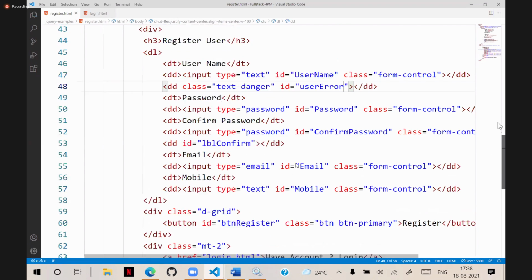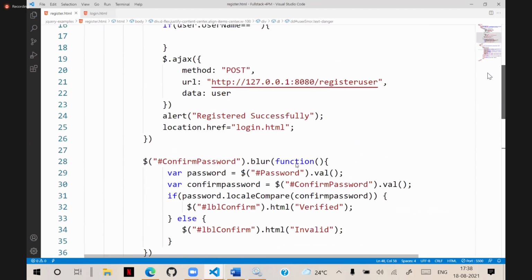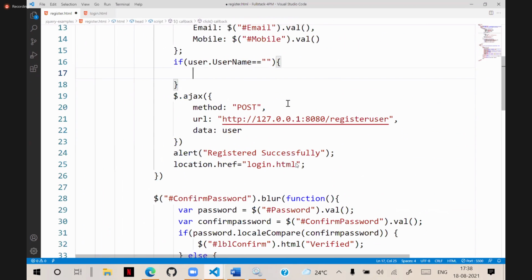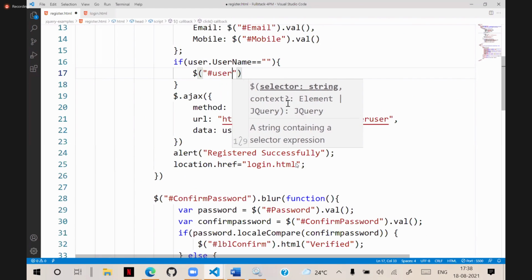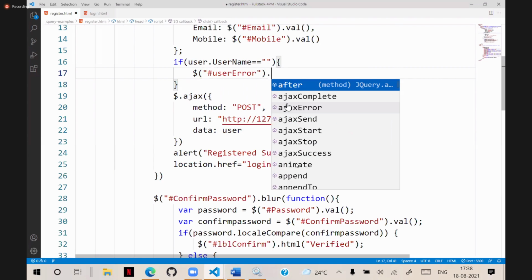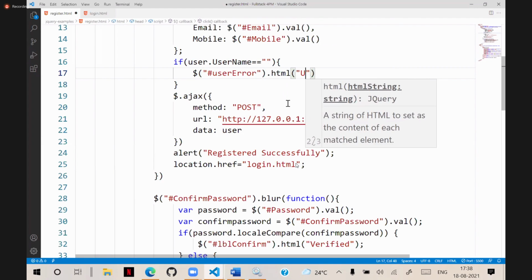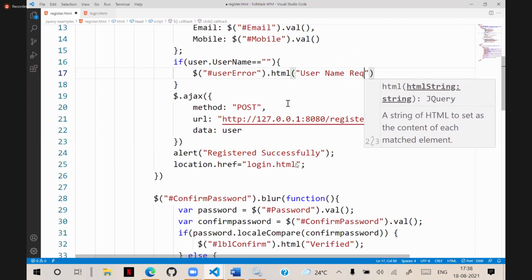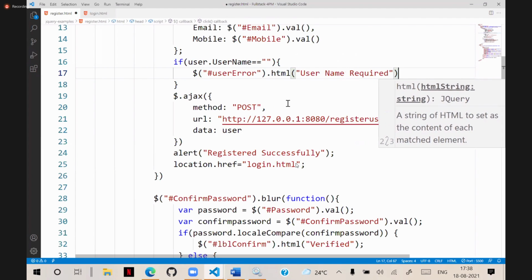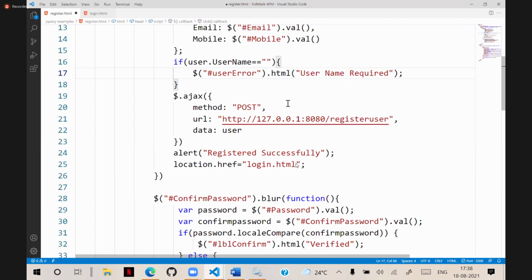In that, we need to display a message. That means here we need to configure the message. So $('#userError').html, and we need to display 'Username required'. This message we need to display.